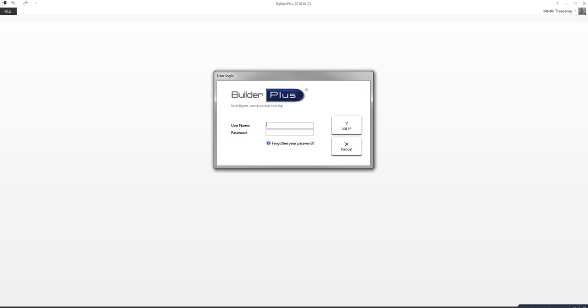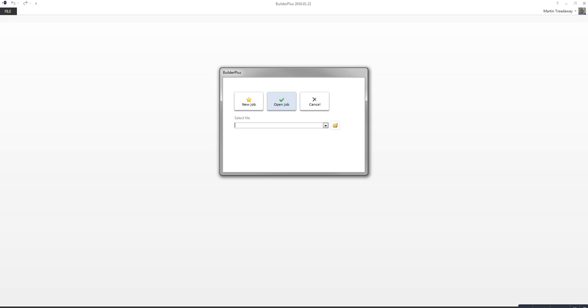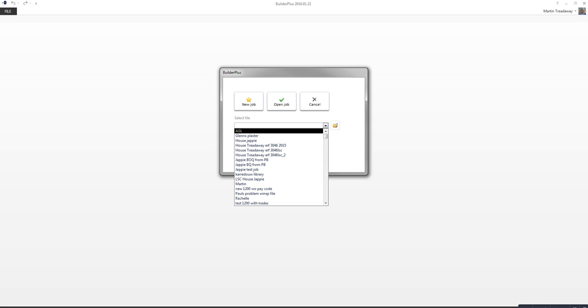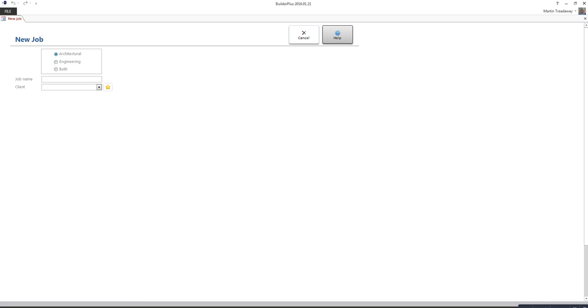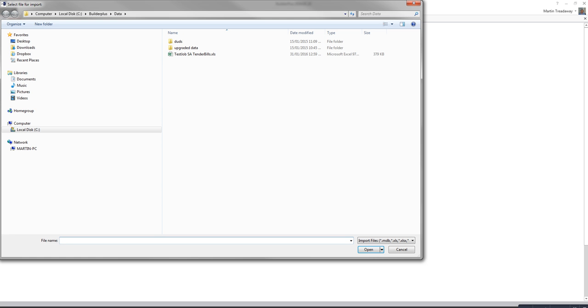Launch BuilderPlus, and put in your username and password, which you did while logging in for the trial version. Open a job, select new job, and go architectural. Job name, my job. Select the client, and check import data. Select the file to import, and in the folder BuilderPlus data you will select